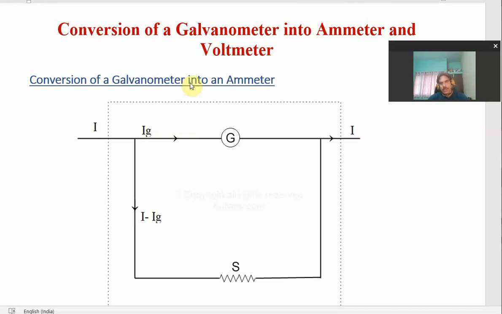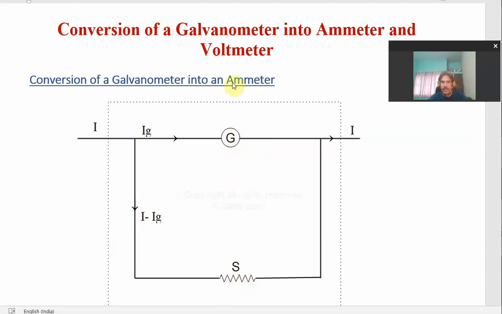Okay, so the very first thing is we are taking the galvanometer to be converted into the ammeter. Because the resistance of the galvanometer is very small, but very large in comparison to the ammeter, we keep the arrangement in such a way that the net resistance of this combination will be even lesser, right? So for this we connect a resistance, we indicate it here by S, parallel to the galvanometer, right?